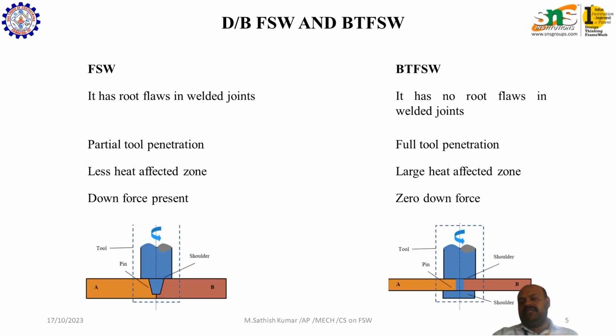So what is the difference? The major difference we find here is that conventional welding has root flaws in the welded joints, since the pin does not penetrate completely through the material. It has partial tool penetration, a smaller heat affected zone, and a downward force present. In bobbin tool friction stir welding, there are no root flaws, full tool penetration, a large heat affected area, and zero downforce. Whenever there is a downforce on the